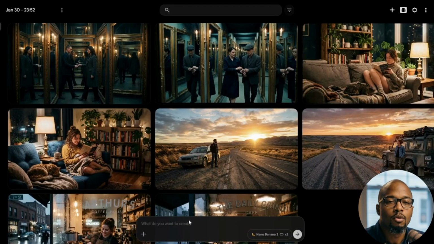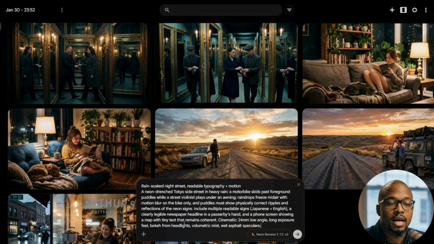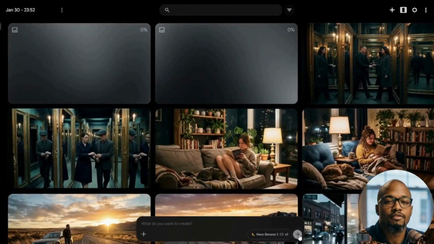Prompt 5. Rain-soaked night street, readable typography plus motion. A neon-drenched Tokyo side street in heavy rain. A motorbike skids past foreground puddles while a street violinist plays under an awning. Raindrops freeze mid-air with motion blur on the bike only, and puddles must show physically correct ripples and reflections of